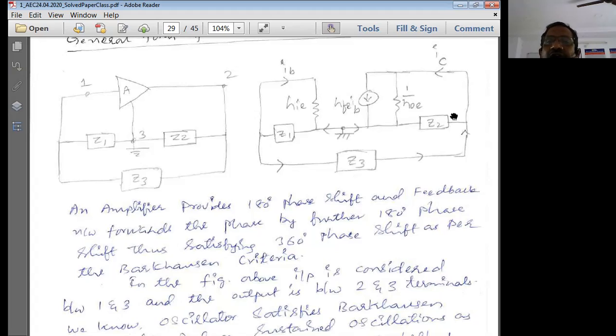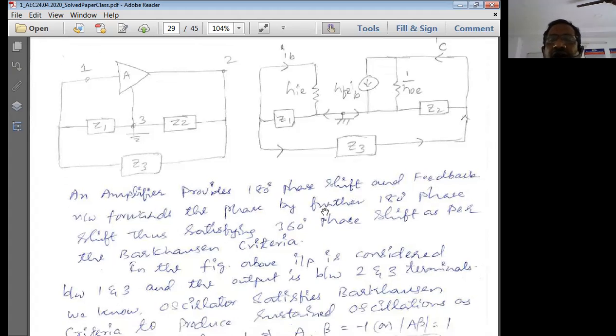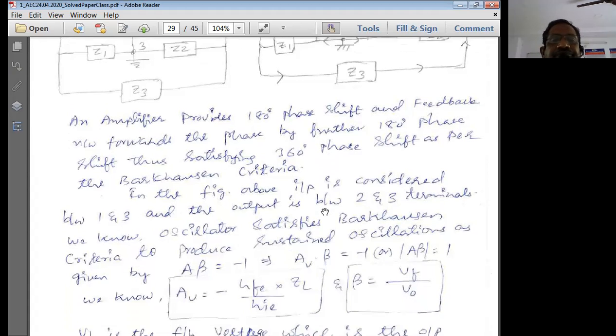One current is coming like this, and another current is coming like this. These two get added here, and they flow as the IC current. IC is flowing like this, comes into the emitter, and goes to the ground. From ground, all these current directions are normally going to be followed. So like this, we are going to have the various current directions in this particular part.